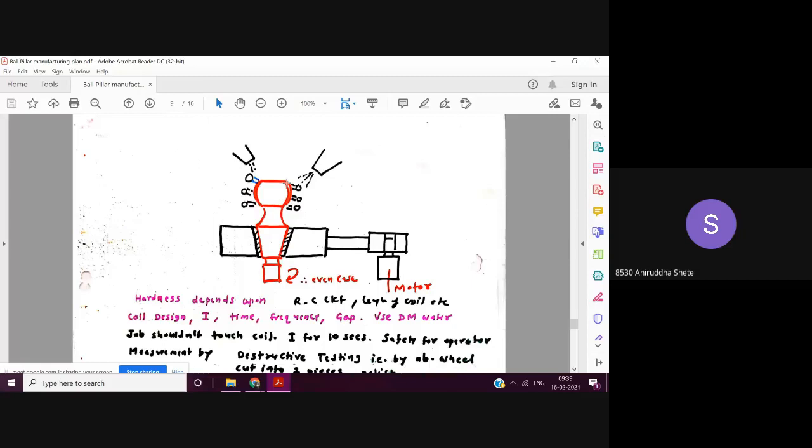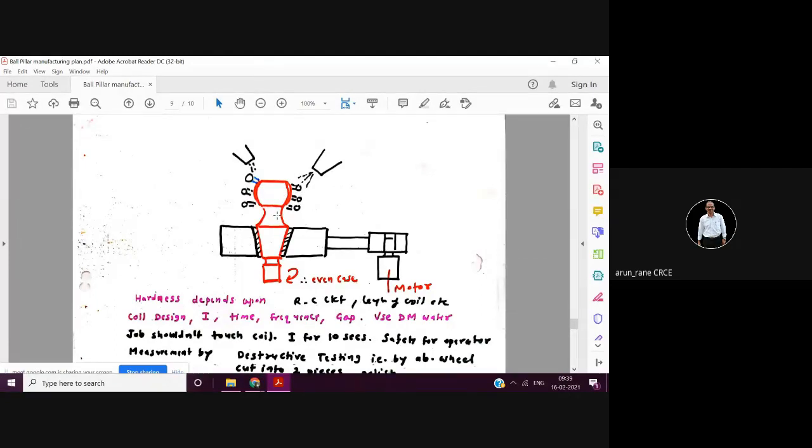Not necessary for the whole component. So the surface or the area where it is to be hardened, there should not be any soft operations on that surface. Like now here, see this is a ball. If there would have been any hole here, and since this surface is to be hardened, you have to ensure that this hole is already done before hardening.